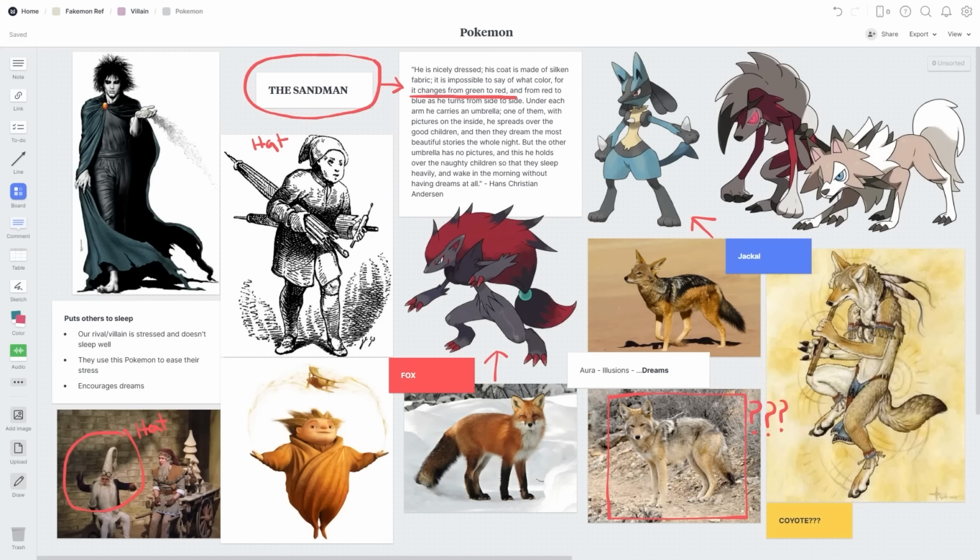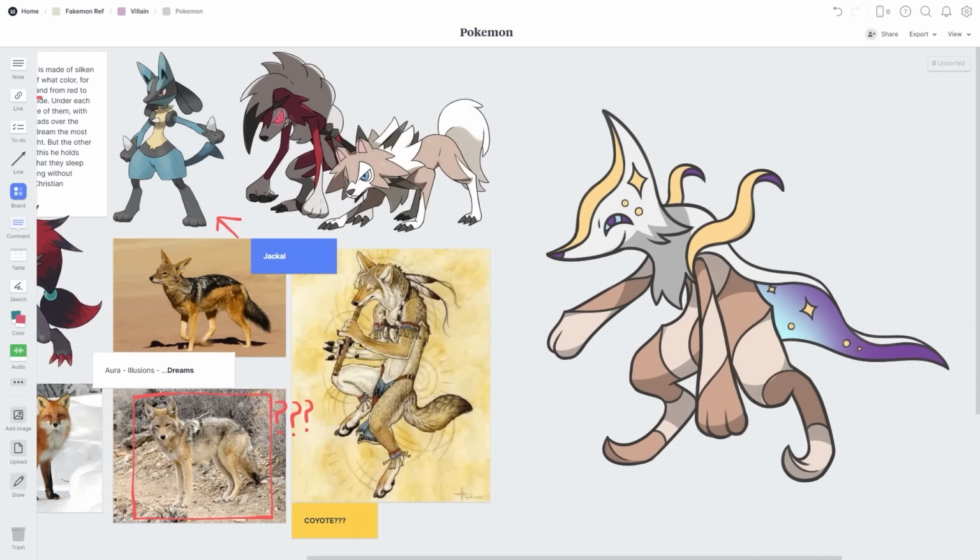So I guess I interpreted that as he has a cloak that is like a nebula, with a galaxy pattern. I really like the gradient there. I think a little subtle gradient in a Pokemon design is part of the accent. Exactly. It's always so juicy. I love that. I really like the guy. I really like the Pokemon.